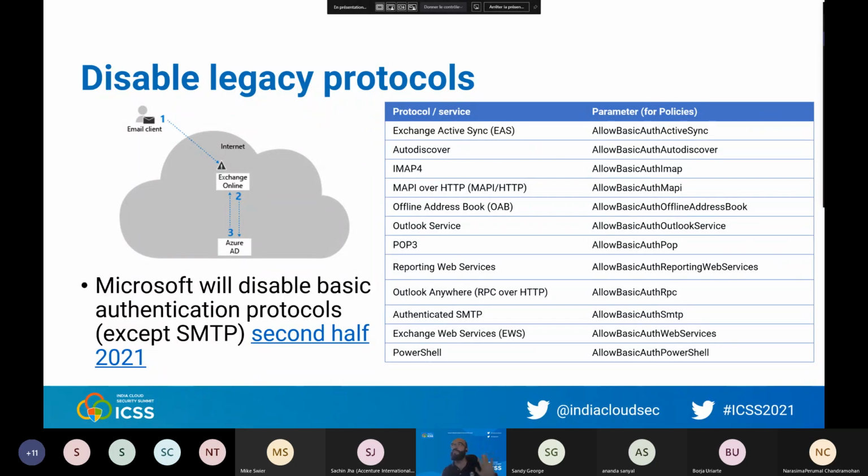And if nobody is complaining that this application is not working anymore because you disabled all legacy protocols, then you can disable it for all end users and so on. Or maybe you need to disable all legacy protocols for all end users, but not all, because, for instance, the HR department is using an application which is still based on POP3. So maybe you will disable IMAP for everyone and disable POP3 for everybody except HR people. Okay, so it may be a complex one to implement, but do it.